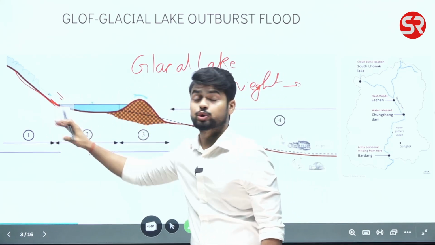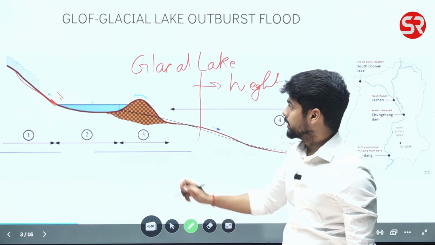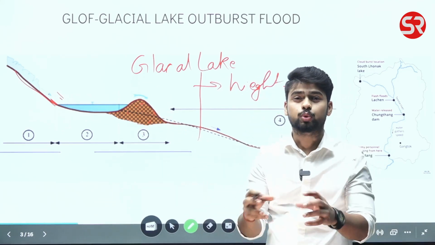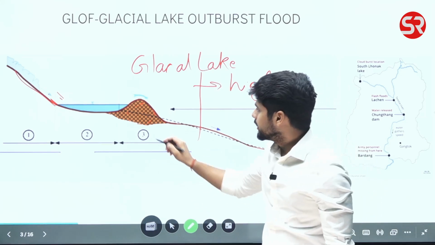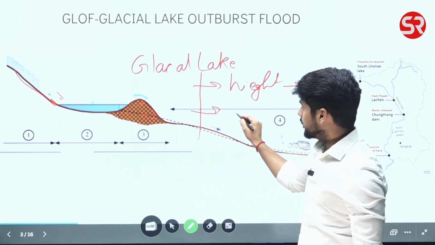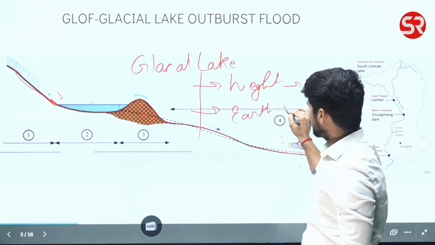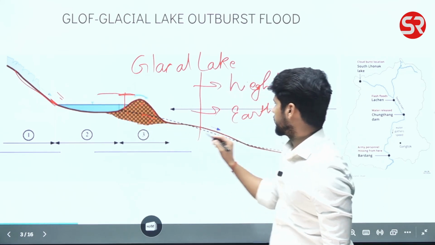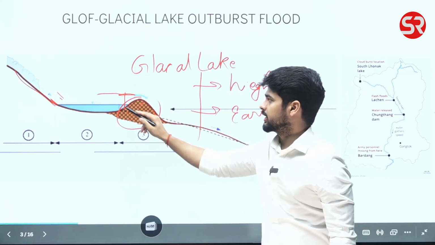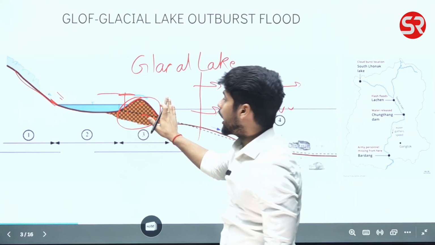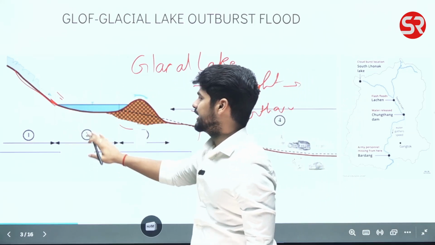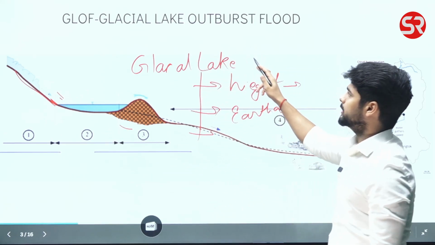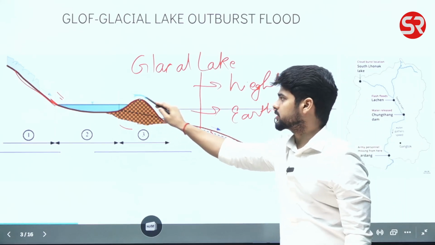It is not very solid, not very strong, because most of the time it is sediments, boulders, stones, etc. So with disturbances like an earthquake or a very high level of water, such barriers can be disturbed, and this may lead to the outburst of this lake. Such a case is called a glacial lake outburst flood, because eventually the outburst will cause flood